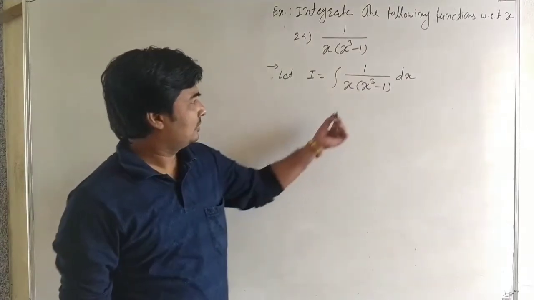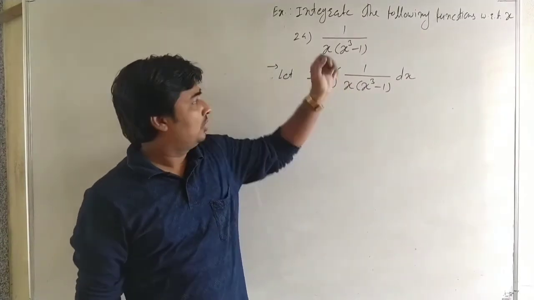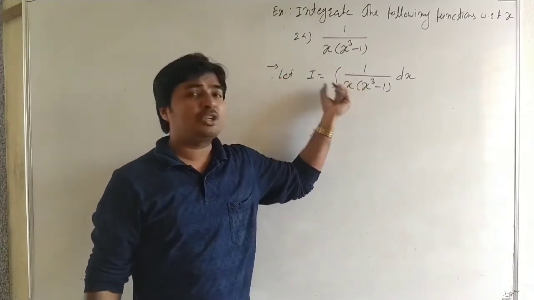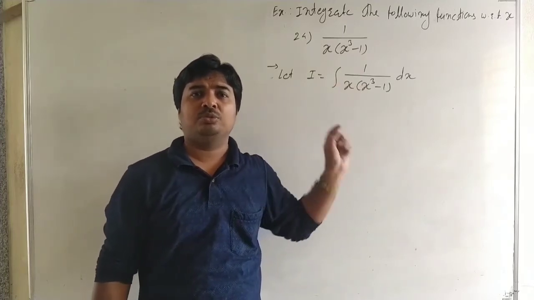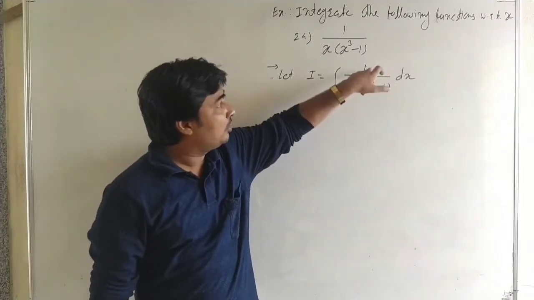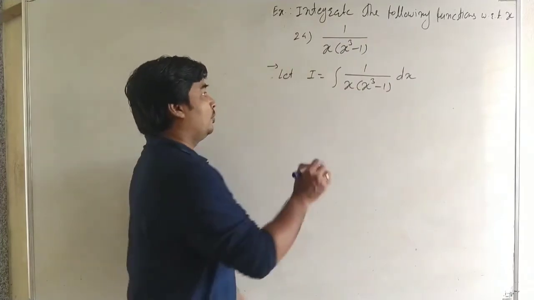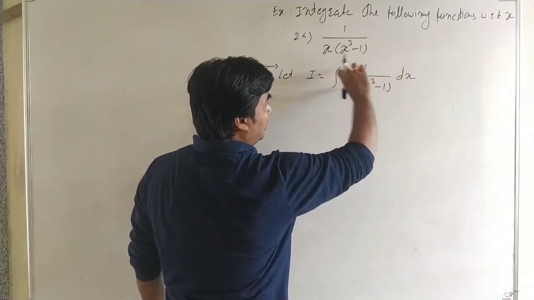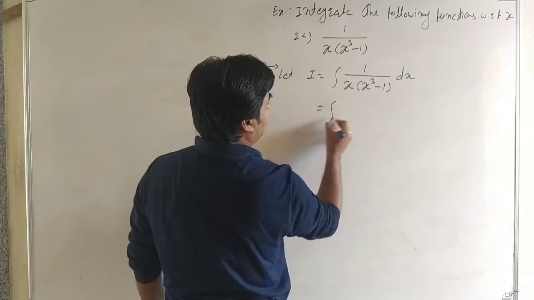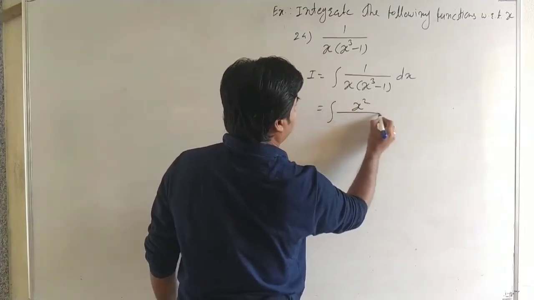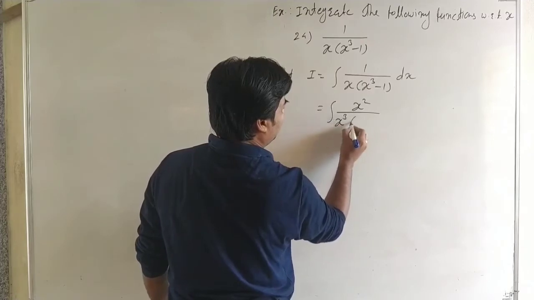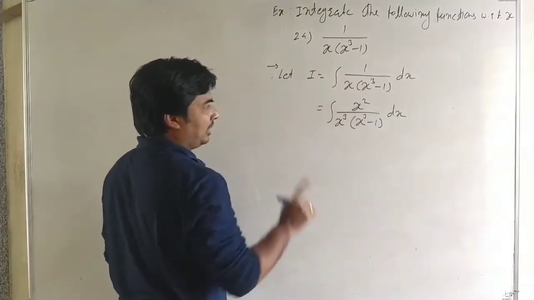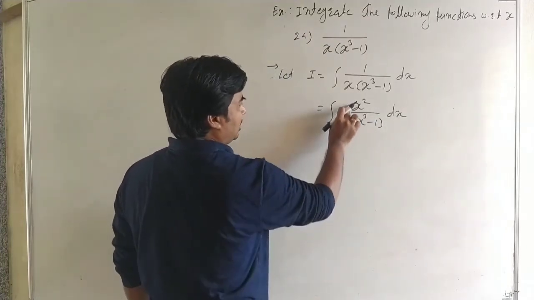Now here, it is not in the standard integral form. We substitute the function here. x and x cube are the functions. Here we put x cube is equal to t. Then the derivative of x cube is x square, but x square is not in the multiple of dx. Here we adjust, that means x square in the multiple of dx. Therefore, multiply numerator and denominator by x square. So we can write x square upon x cube minus 1 dx. Here we multiplied numerator and denominator by x square, so here x square and it is x cube.